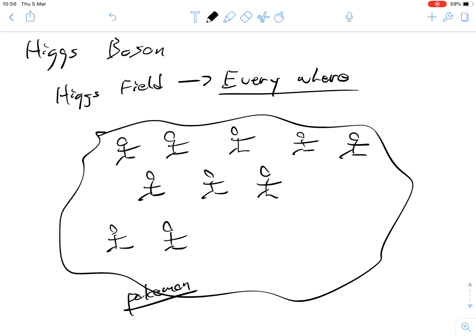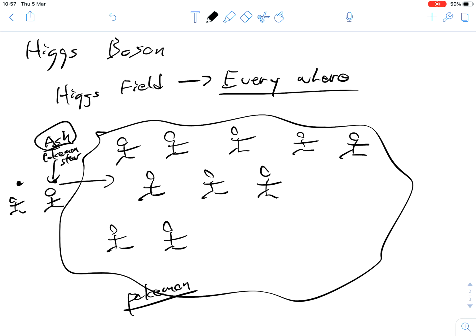Now, suppose there are two particles that are going to enter this room. Let's say there's two people that are going to enter this room, okay? One of them is like the super Pokemon player. It's Ash, if you are familiar with the series. So let's say Ash Ketchum comes into the room, and he's like the Pokemon star. And so everybody in the room will be like, oh my God, it's Ash Ketchum. I got to talk to him, right?